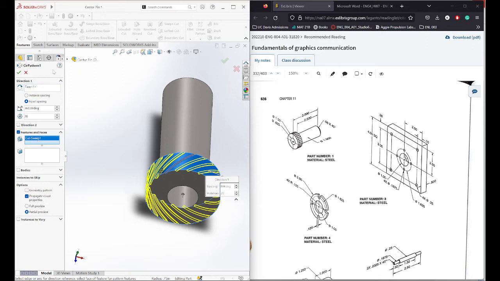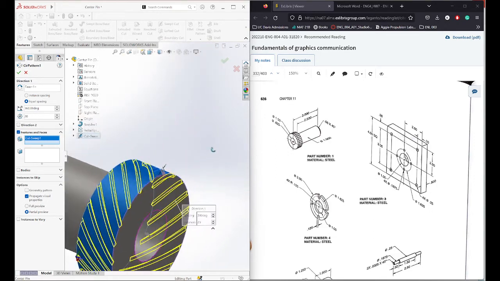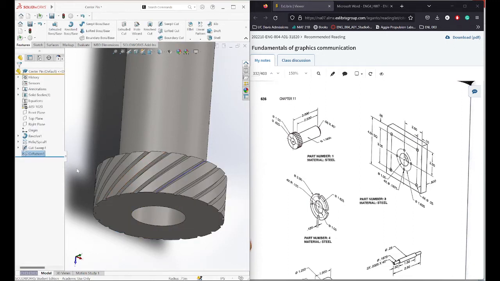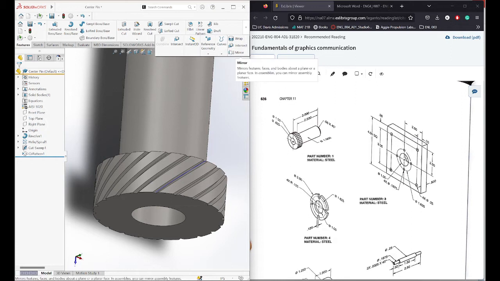And then for the features, if it isn't already selected, go to this drop down and click the swept cut. And it would basically do the swept cut, like so. Click OK. It takes a while. And now, the hardest part for the computer, really, for you, it's pretty easy,